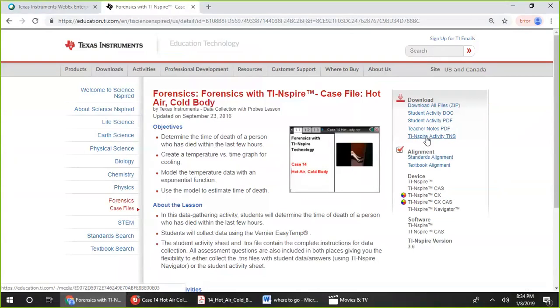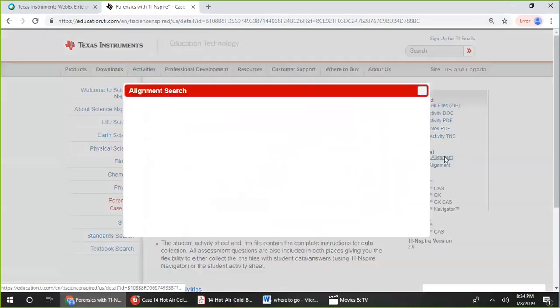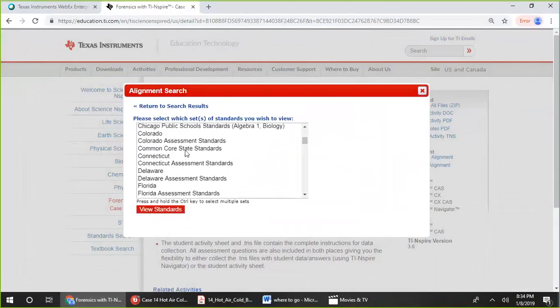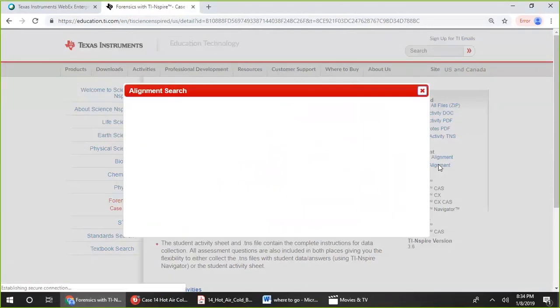You can also check your standards alignment for assessment standards, state standards, Common Core standards, as well as textbook alignment.